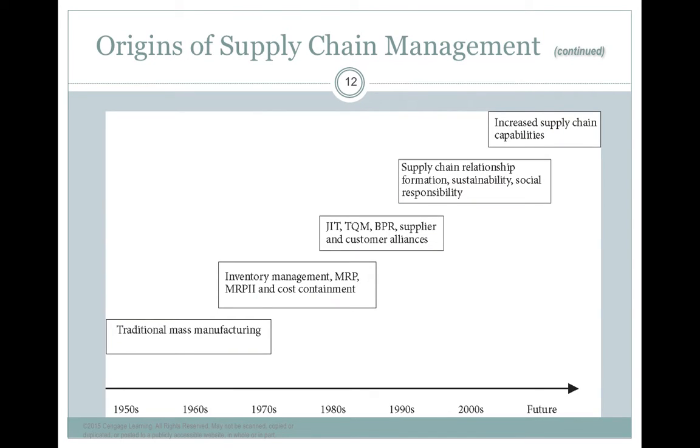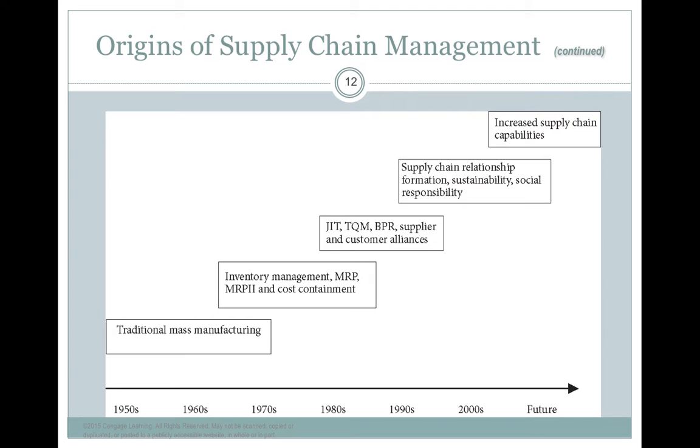So the origins of supply chain management. This is the history of supply chain management. This is very important for supply chain, because this is the evolution of supply chain management. And you will know why supply chain management is important and why it is different from traditional